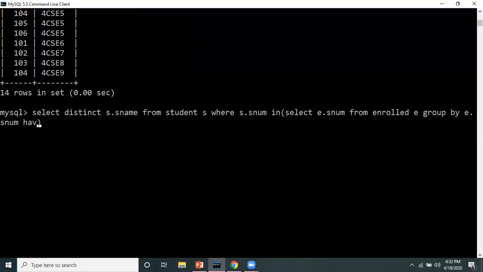having. And what I have to do with the having clause, I have to count. So multiple rows I have to count. This we have used earlier also in one query. I have to use count star. Fine. Should be greater than or equal to all. Again, all I'm using for comparison. So all, and here I will write nested query select